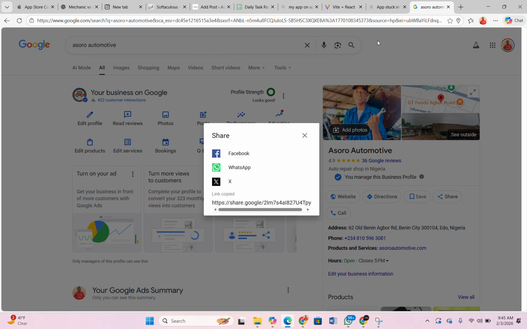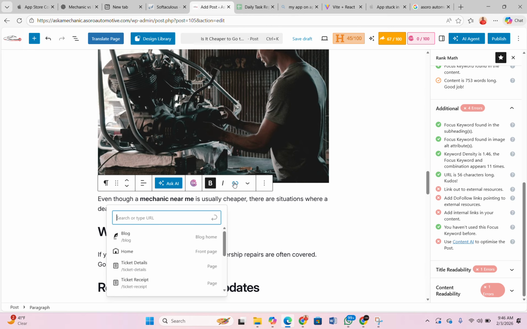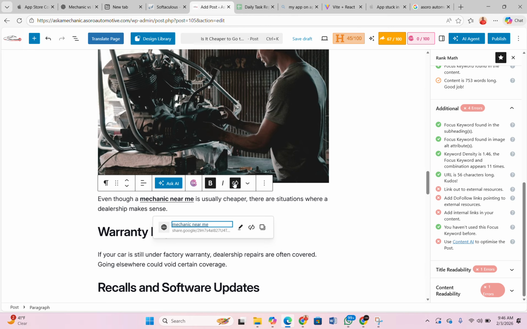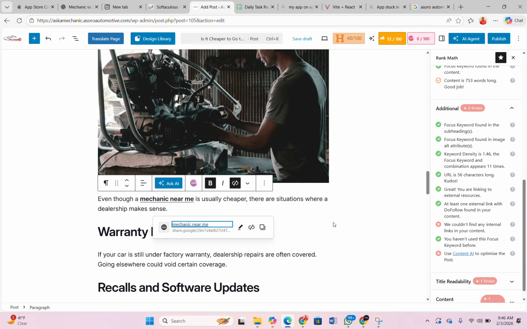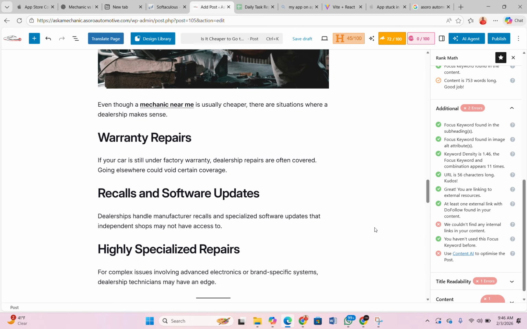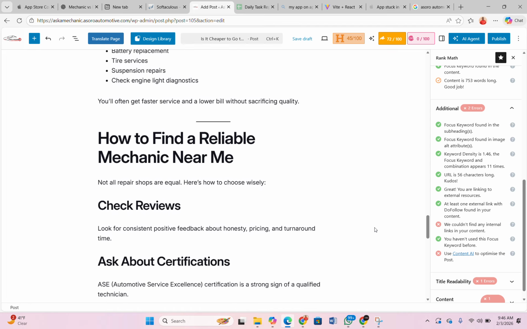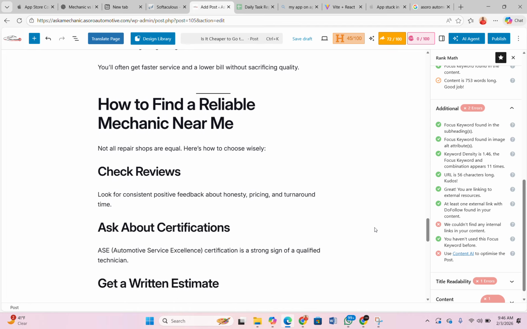Most times we must not always rely on this. By the time we are doing our SEO and we do a lot of work on maybe Reddit, you can link your Reddit post as an external link. So let's find